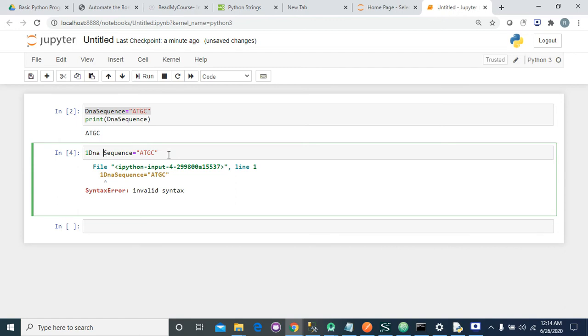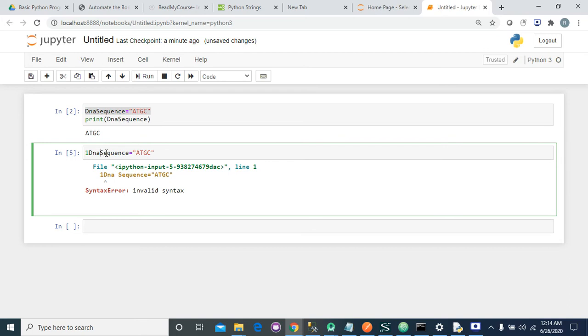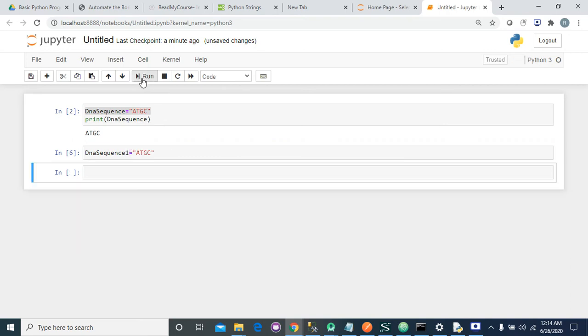Same, we cannot use a space in a variable name. So we need to remove the space and remove the number. This is allowed.